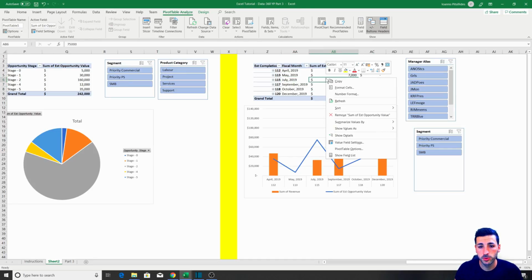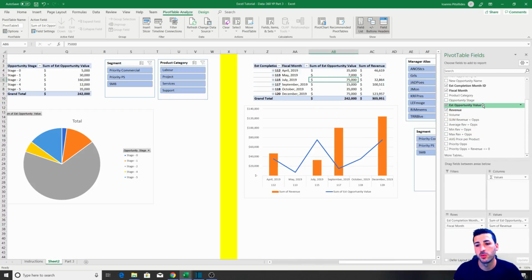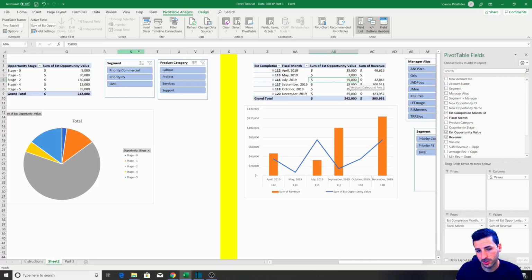Right, so I hope you gain a good understanding of why we use pivot tables and the way you can take your columns and put them here, and then you can slice and dice the data as you want, and then you can use filters and slicers on top of it to make it more functional.